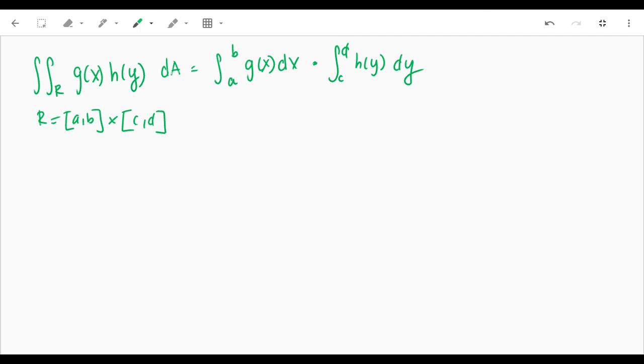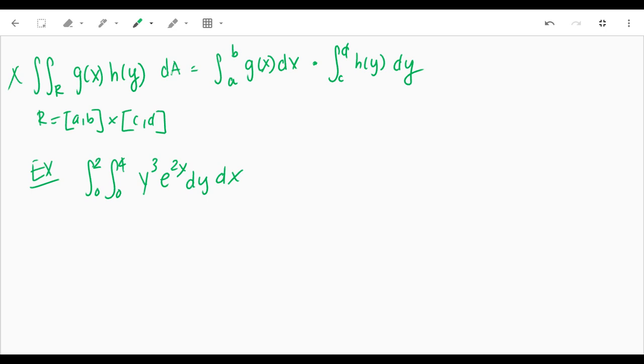So an example of that, if you have your integral from 0 to 2, integral from 0 to 4 of y cubed e to the 2x dy dx. Again, I'm going to encourage you to stop the video and do that without using the property. Don't use this yet. Just how I just showed you, integrate with respect to y, then integrate with respect to x, and see what you get. So pause,